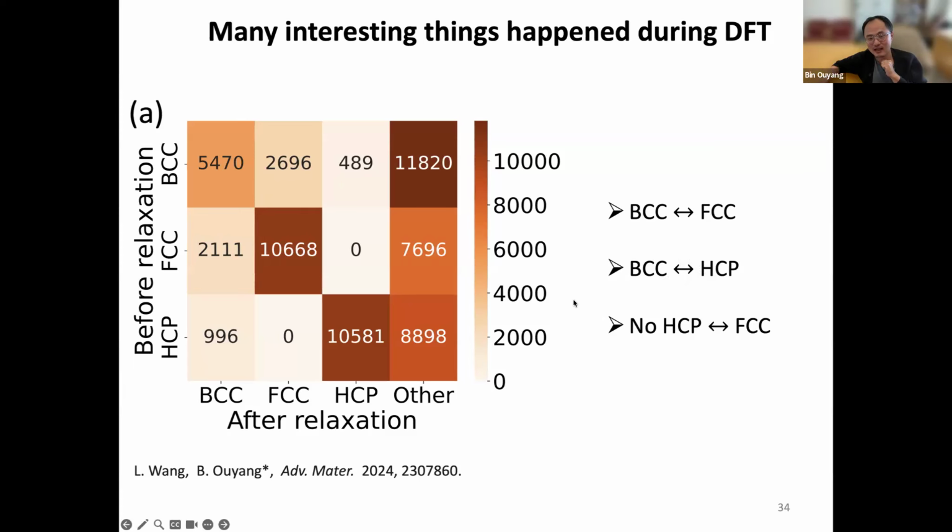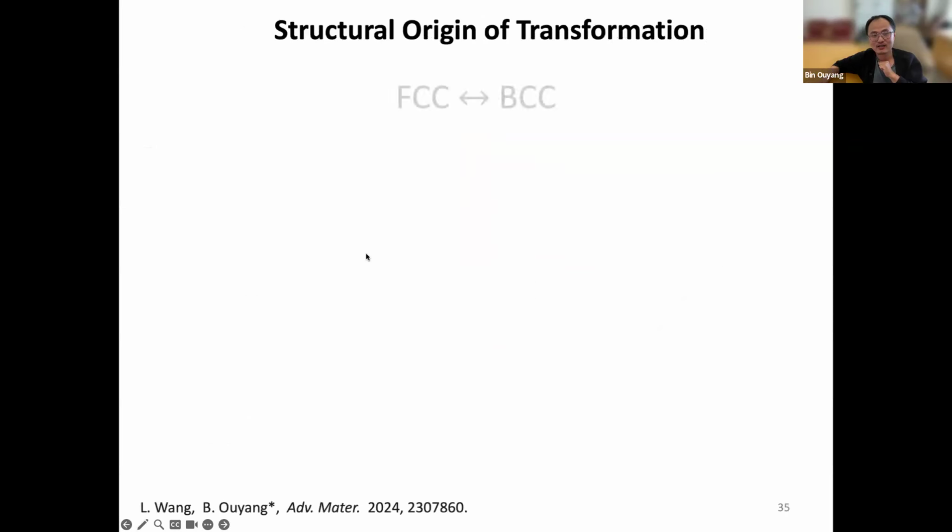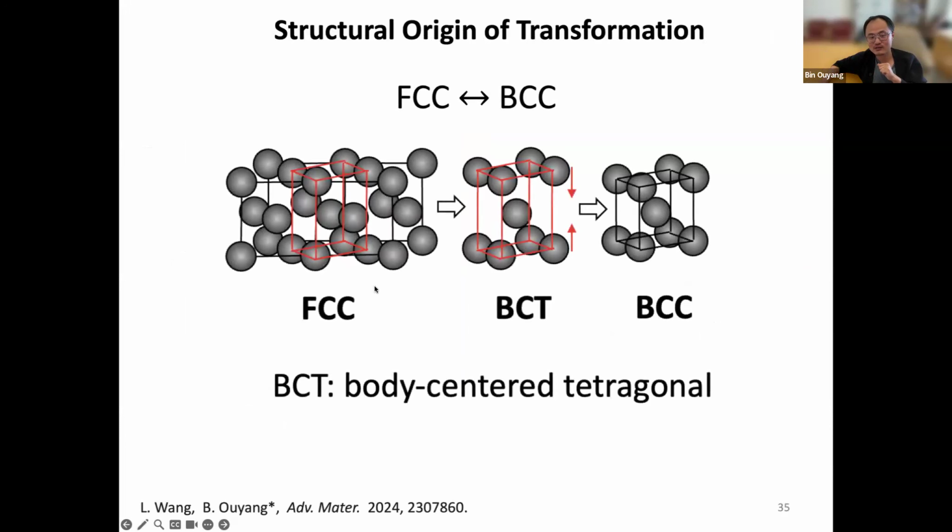Okay, and then I need to recall something I learned in alloys and metallurgy. The BCC-FCC transition is well known. It's a Bain transformation because you don't need diffusion at all. You just need to shrink the lattice a little bit. So you can have a BCT structure, the body-centered tetragonal structure, out of the FCC lattice. Because you have high entropy, you're always going to have lattice distortions. And somehow if that happens in a good way, you end up with more of a BCC structure rather than